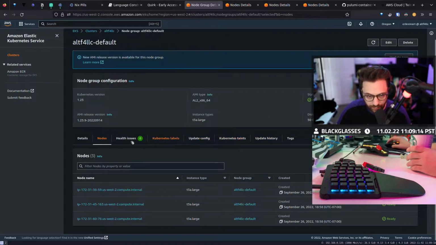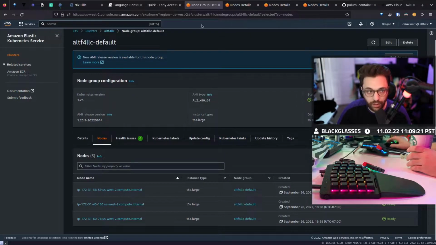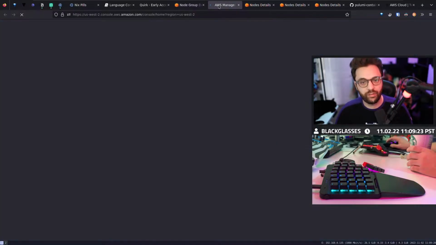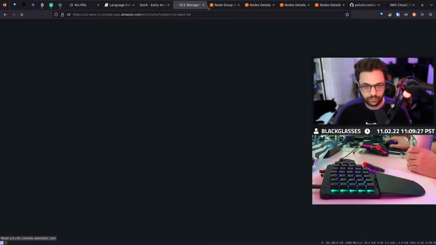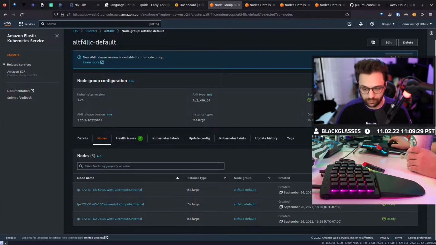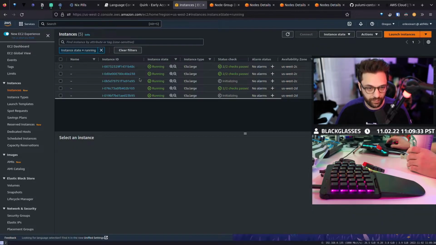Not yet. 5 nodes. 3 nodes. I guess I could go to EC2 really quickly and see if we're getting them. Five. There we go. All right.